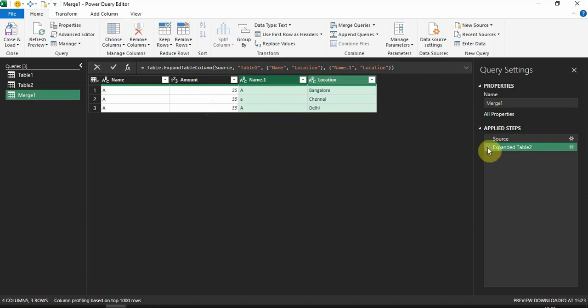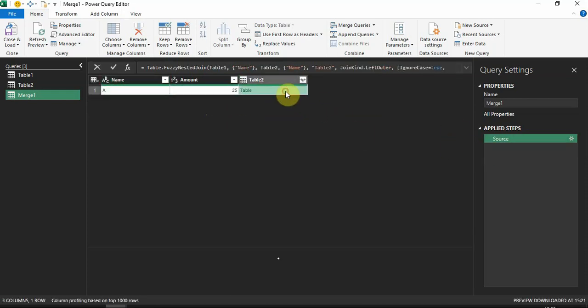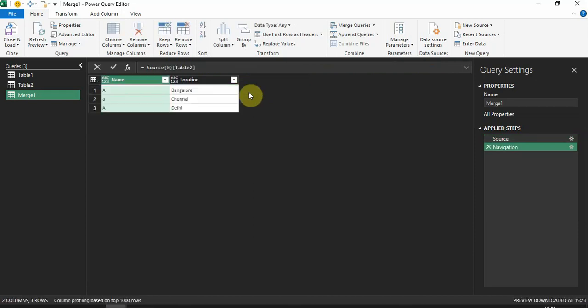So in such a situation, let's say I wanted only the first occurrence of the record. I know that the table I'm looking for has duplicates on the column that I'm searching, but I still want the first occurrence. That is where we learned in the sessions that we have to write some formulas, right? Because these transformation tools don't work on the nested tables, they work on the outer table only, right? So what I'll do is click on this table, create some dummy steps, remember, and